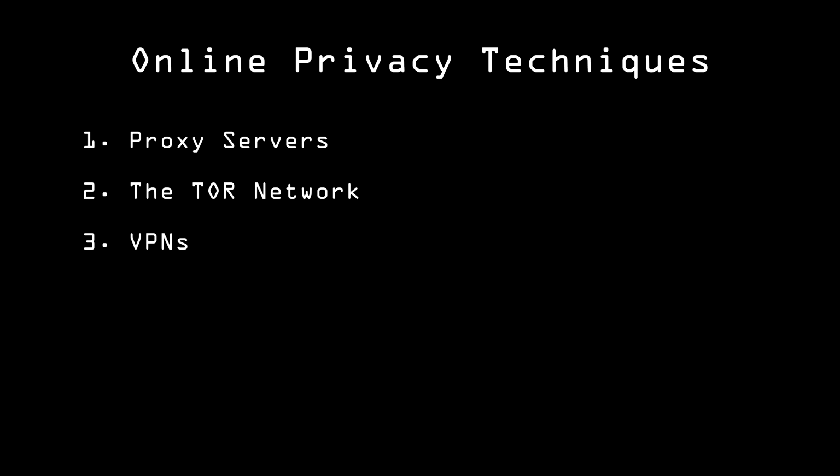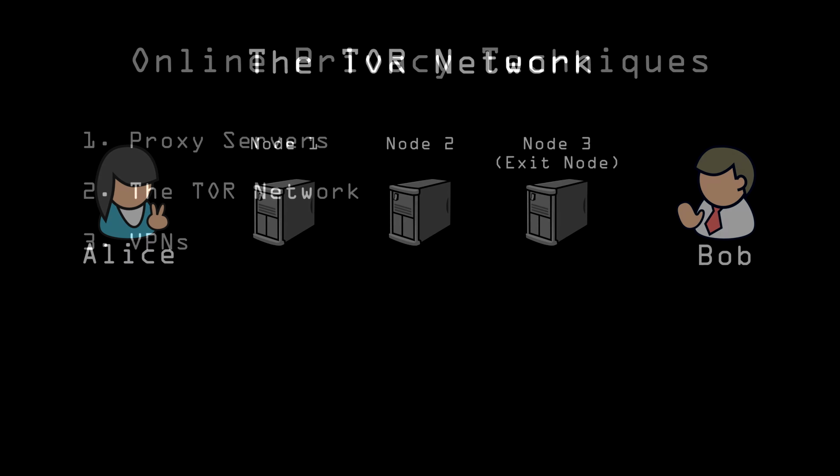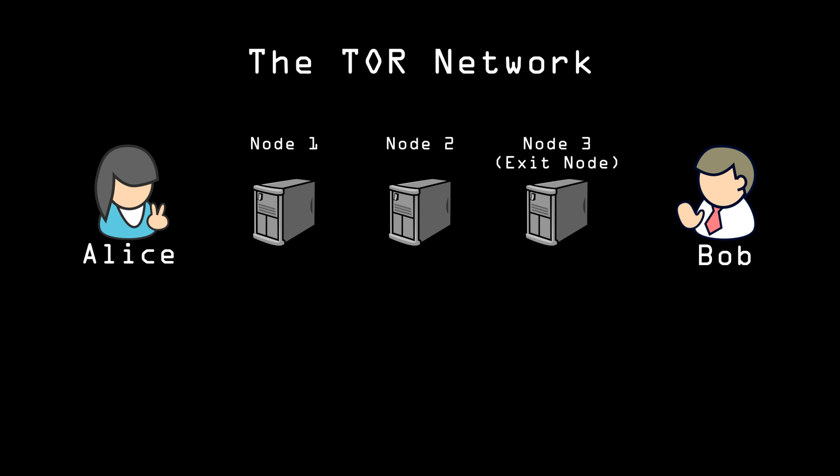The second method we're going to cover is one that's gotten a lot of attention lately, the Tor network. Tor stands for The Onion Router, so named because you're protected by layers of encryption. The standard configuration works by relaying your request between 3 relays on the Tor network. Your computer picks 3 of them at random and uses their public keys to triply encrypt the request. The only thing coming from your computer is an encrypted packet sent to the first relay. No other information is available to snoops.